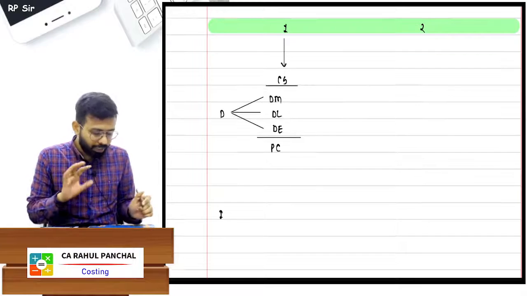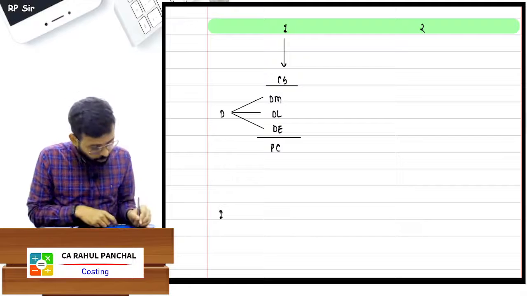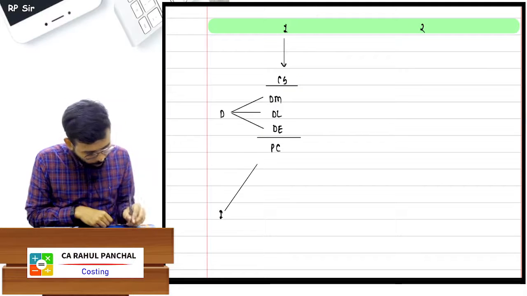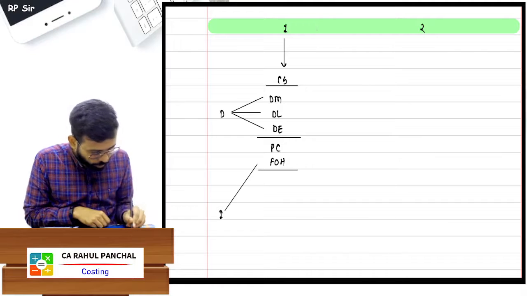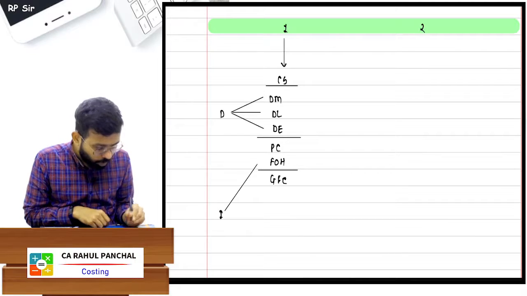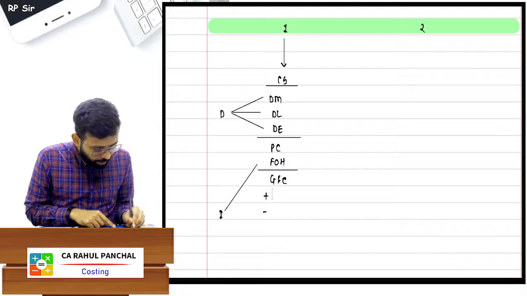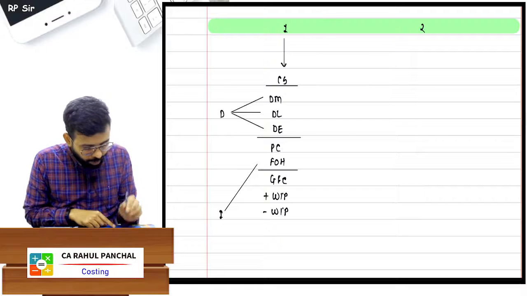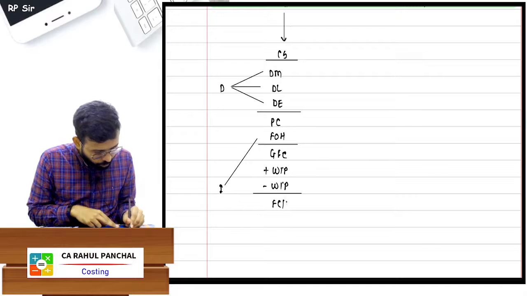If you talk about prime cost, then there are three types of overheads: factory, office and selling and distribution. The first thing that will come is factory overhead. When you add factory overhead, now you will get total factory cost, which is gross factory cost. Why is it gross? Because adjustment with reference to WIP is yet to be made. You need to add and less WIP, that is add opening stock of WIP less closing stock of WIP. After that, the answer which you will get is nothing but your net factory cost, which is also known as